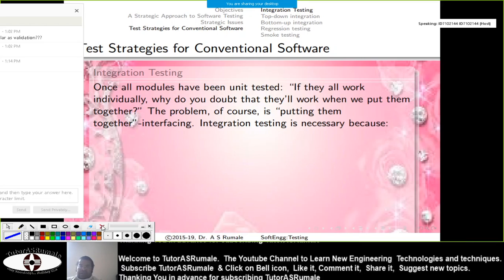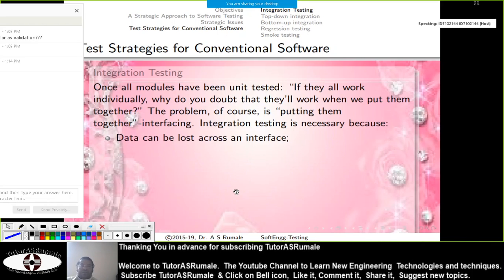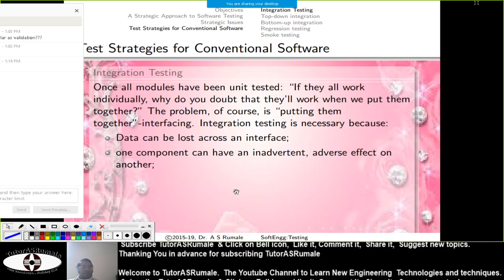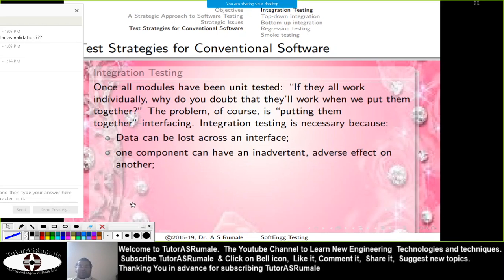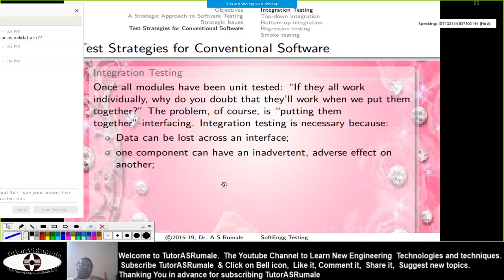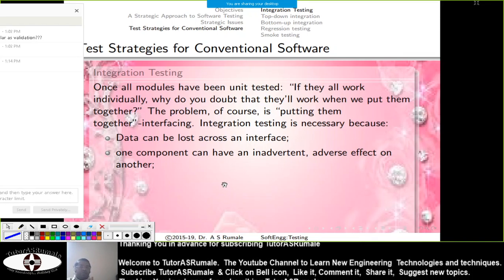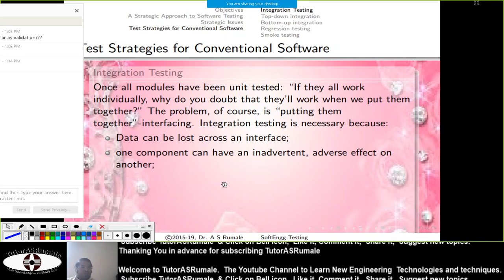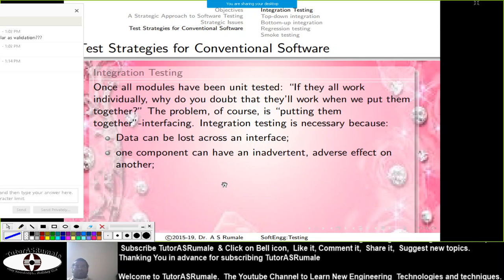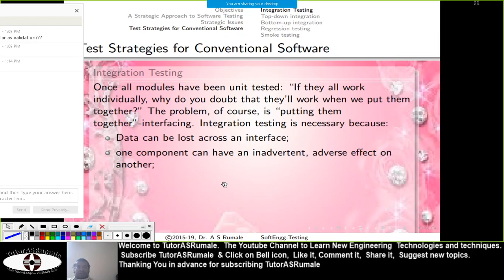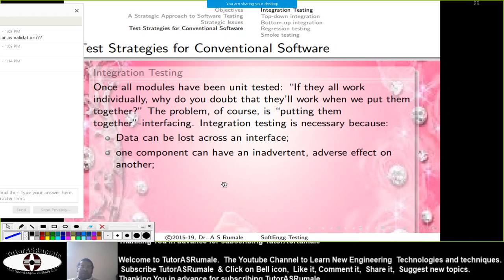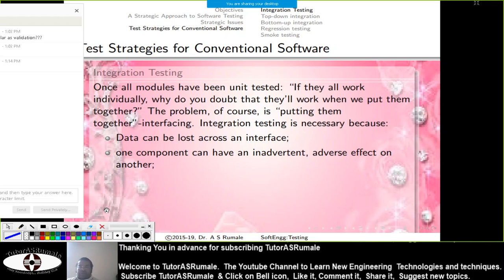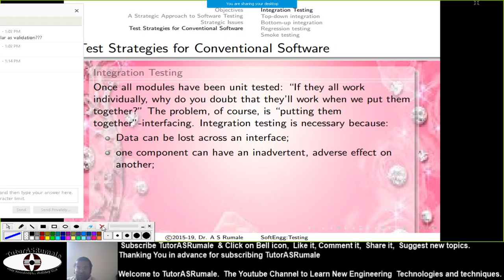When we say integration testing, integration has to be done. Data can be lost across an interface. What happens in integration testing? If the two interfaces are not compatible with each other, data will be lost, wasted. Then one component can have an inadvertent adverse effect on another component, maybe being resource hungry, and you have to identify that also.